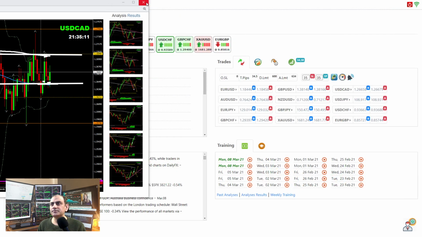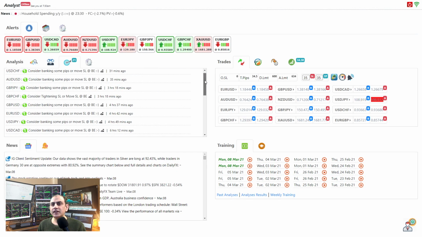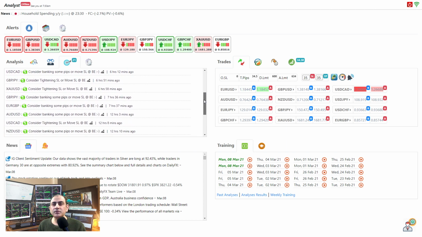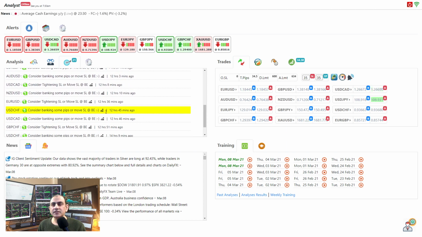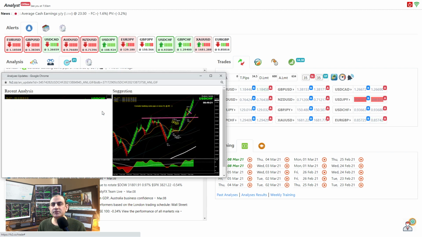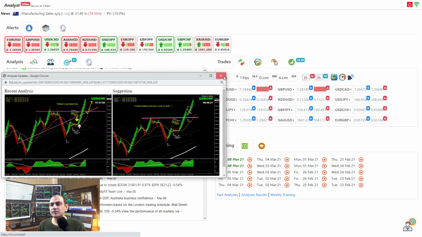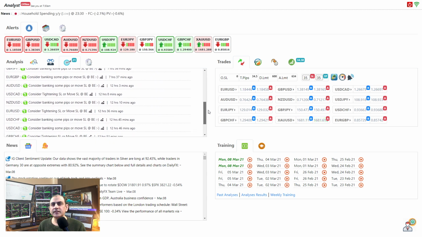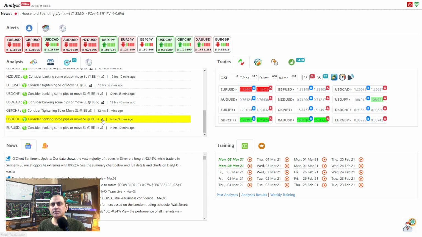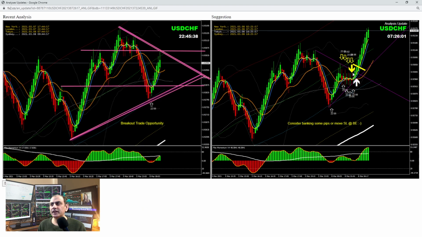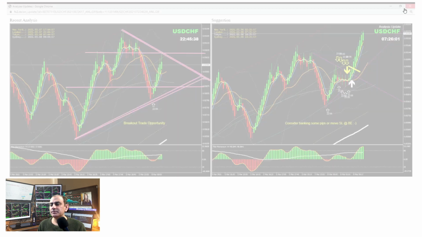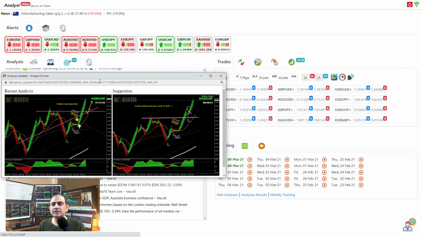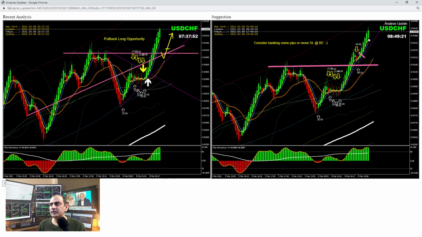All right, so let's see today. Dollar Swiss franc, that was the best analysis and the best trade of the day. Let me share with you guys dollar Swiss franc. First analysis was, I believe, that one. This was the breakout. You can see here beautiful pips, and afterwards we had another analysis, instantly developed pullback long trade, price nicely banked